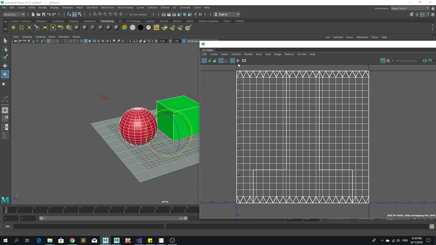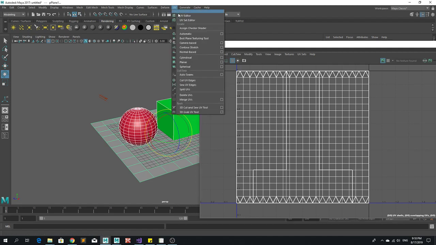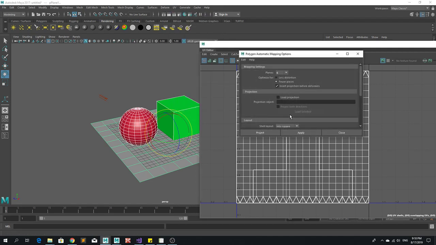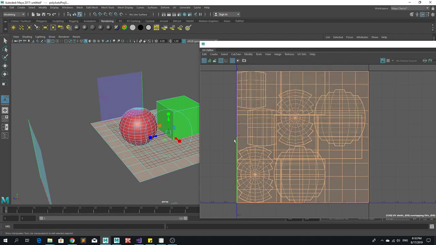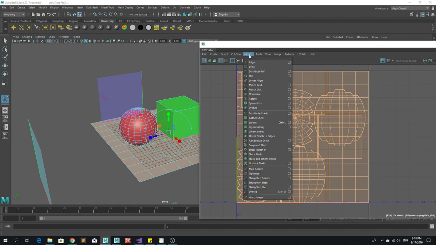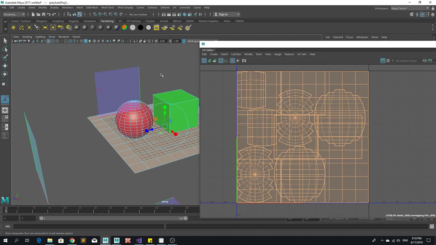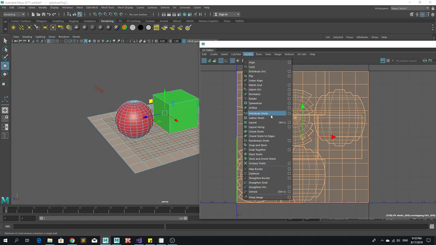So the quickest way to make every polygon unique on the UV set is to make it automatic. The most important thing here is that I would like to create a new UV set. I will call it UV Lightmap. This is important because we need to specify the same name in MotionBuilder as well. So I'm projecting here, and every polygon per object has unique space. But I would like to have one light map for all my environment. So what I need to do to make it absolutely unique is to go to the feature of